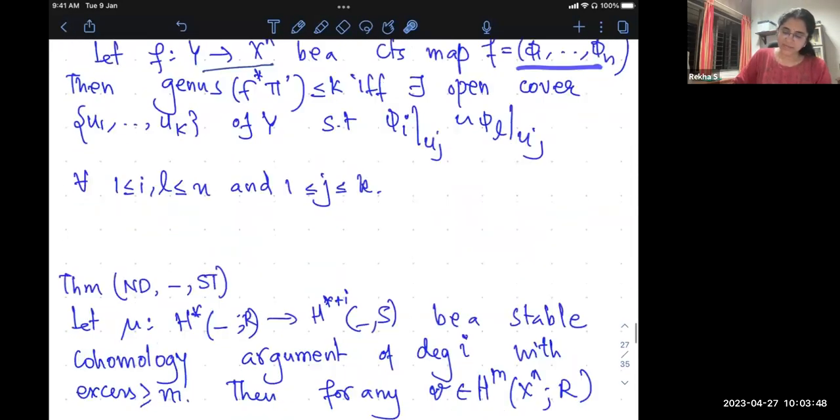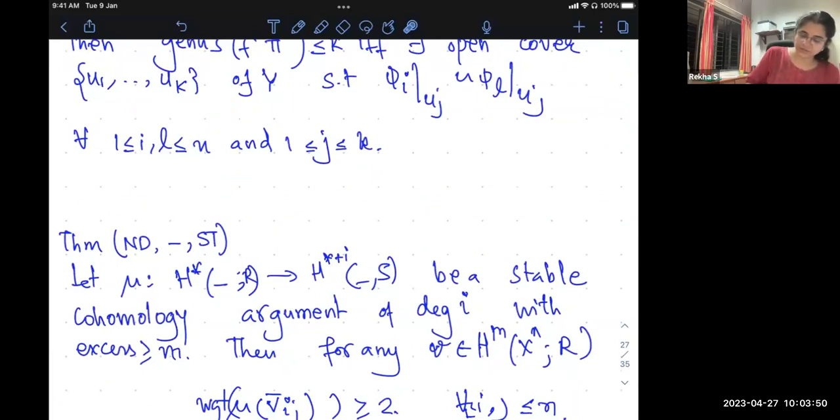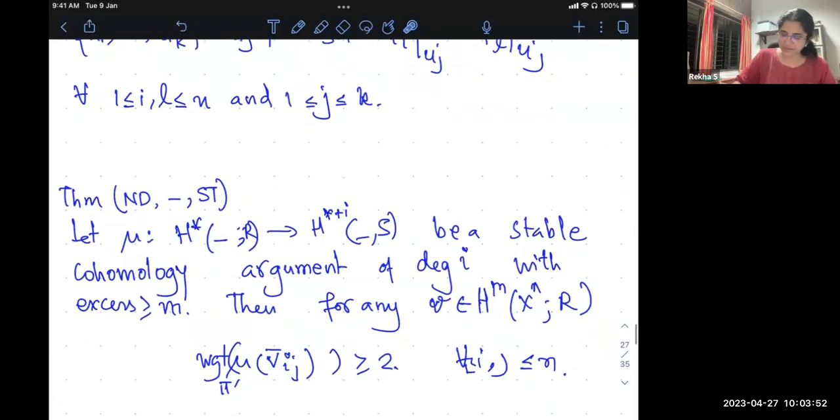Okay. And then we also generalize the idea that in this case, if mu is a stable cohomology operation